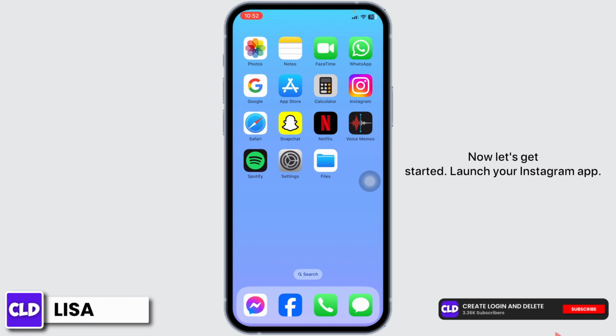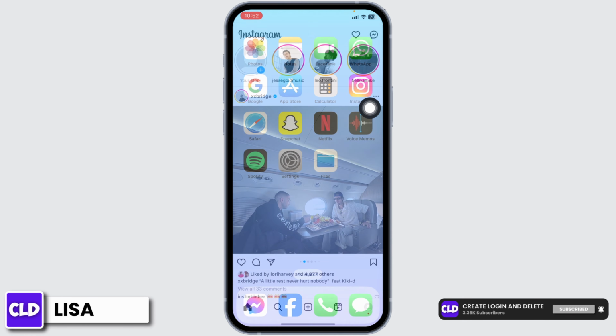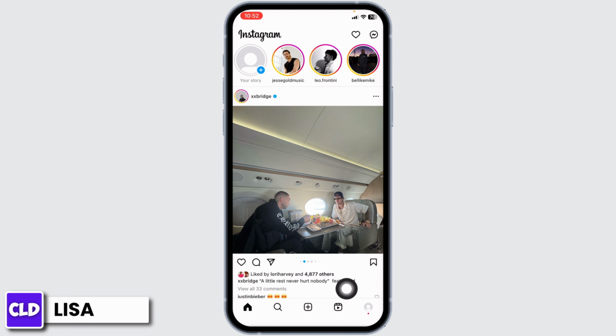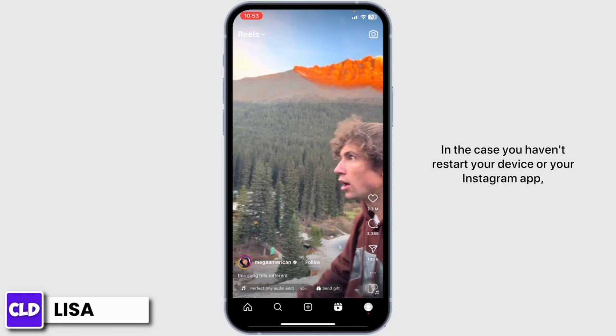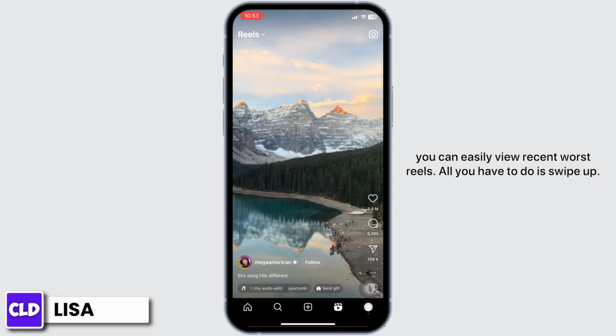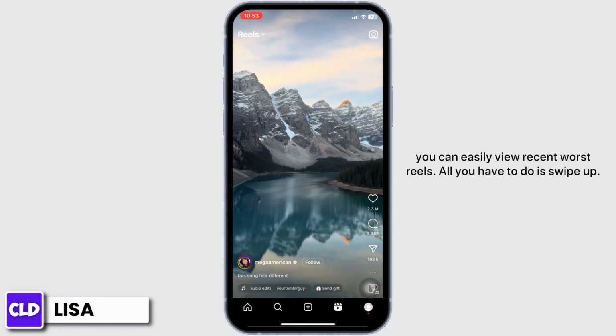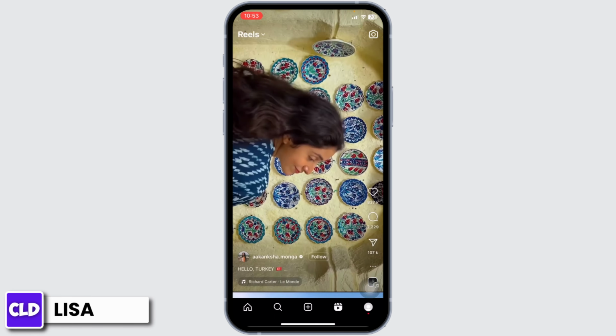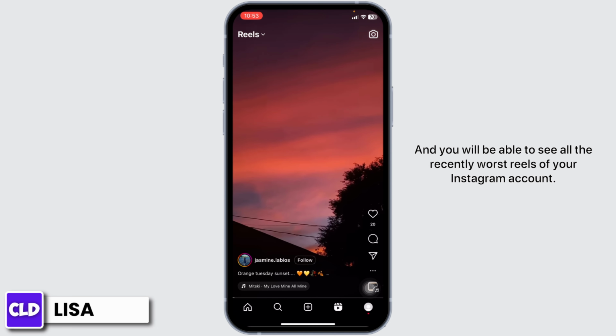Now let's get started. Launch your Instagram app. Now head towards the Reel section. In the case you haven't restarted your device or your Instagram app, you can easily view recently watched reels. All you have to do is swipe up and you will be able to see all the recently watched reels